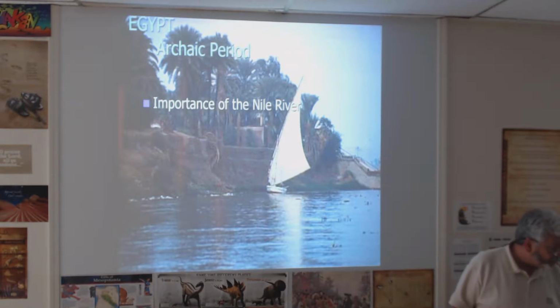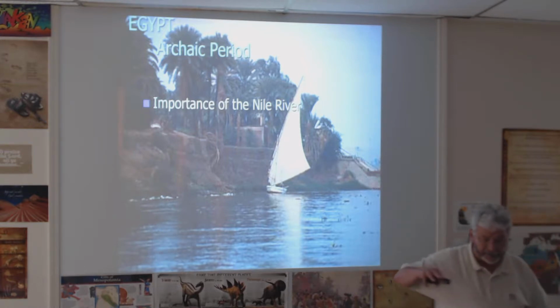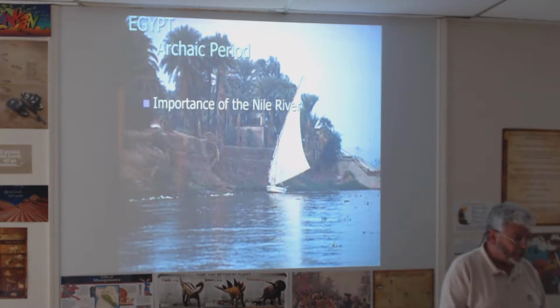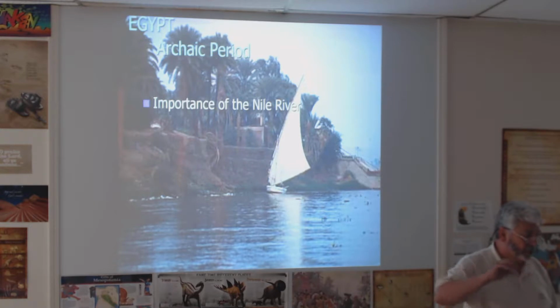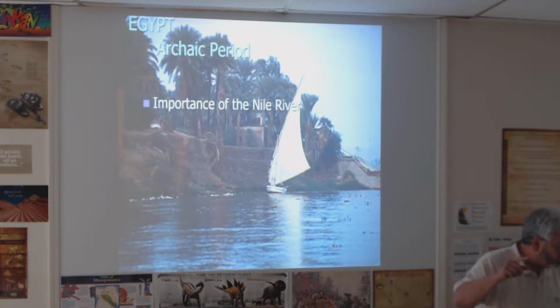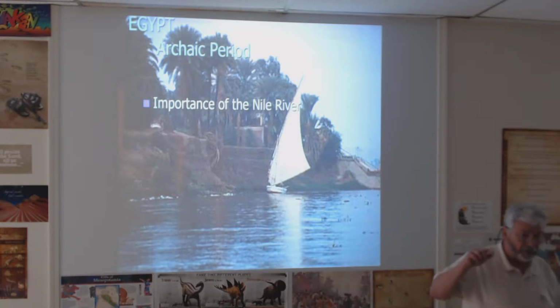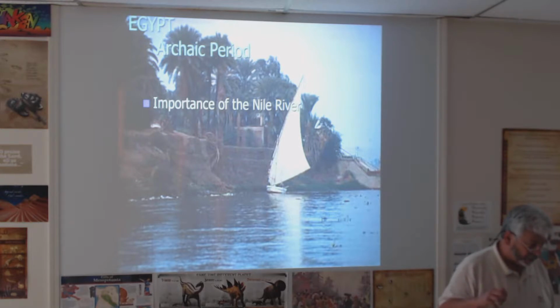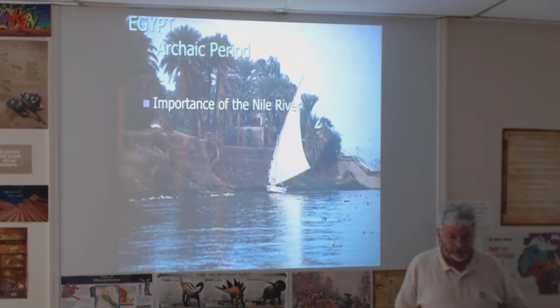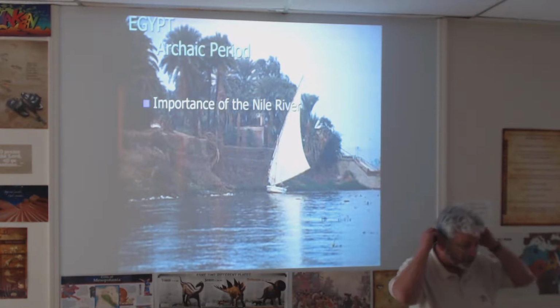The Nile River is so important that in the hieroglyphics, the picture writing of Egypt, whenever they wanted to picture the idea of going north, they would picture a boat without a sail, and if they wanted to picture going south, they pictured a boat with a sail. Now, why would that match up? Why would a picture with a sail be going south? What does that tell you about the river?